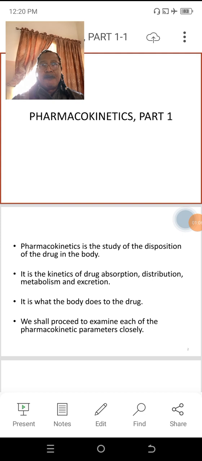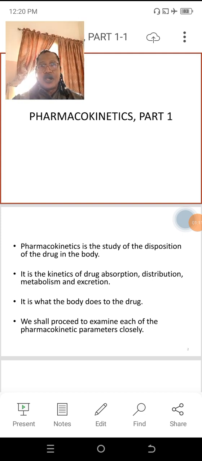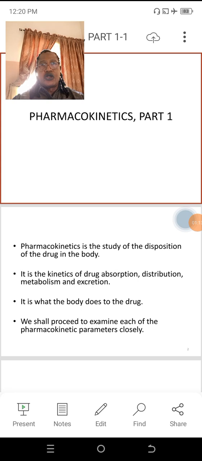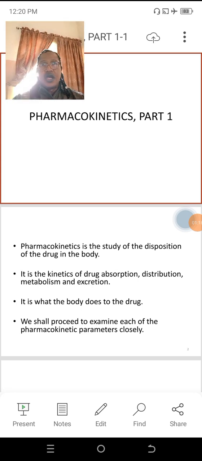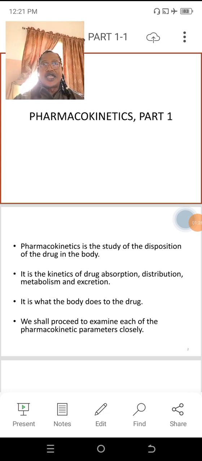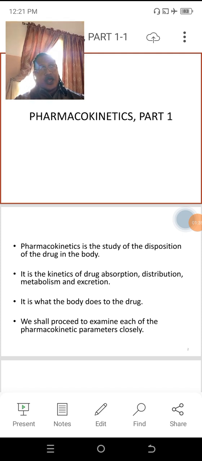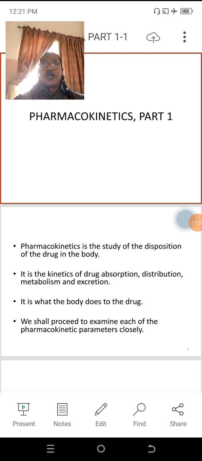Pharmacokinetics is a branch of pharmacology that deals with the study of the movement of drugs in the body. It is the kinetics of drug absorption, distribution, metabolism, and excretion. One way to remember what pharmacokinetics is to say it is what the body does to the drug. So if you put it that way, you now sit back and think, okay, what does the body do to the drug? First,